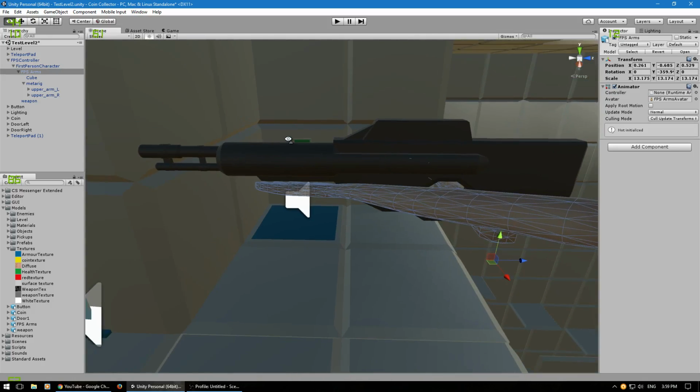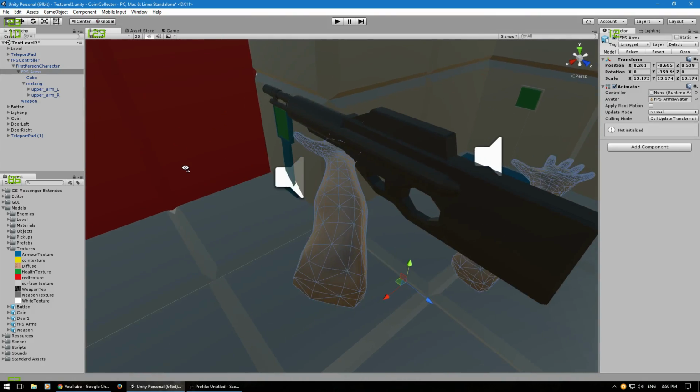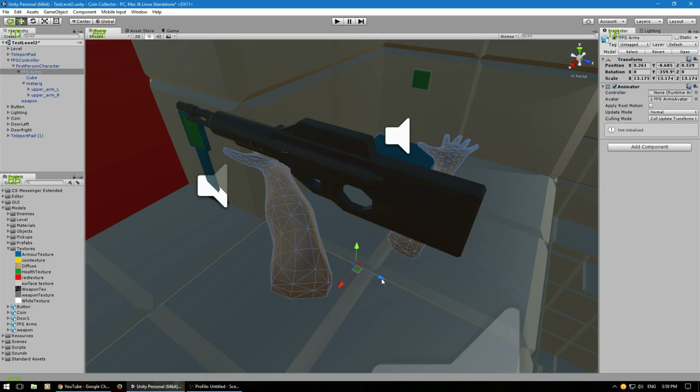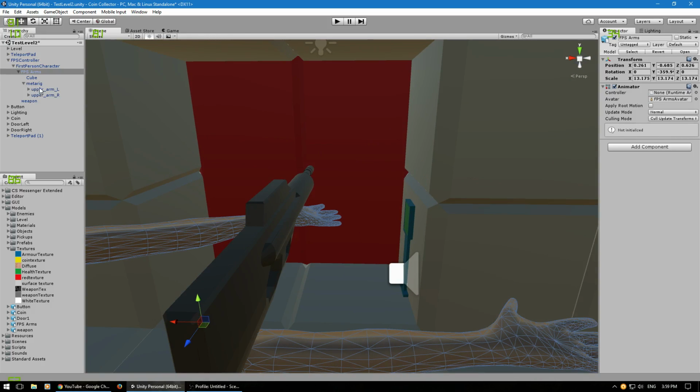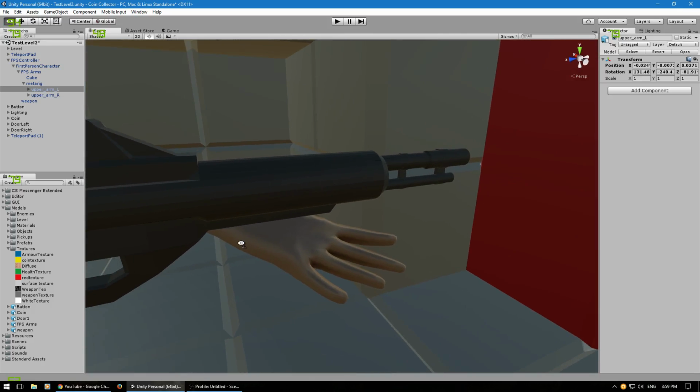No, I just need to put it like that. There we go. Is that colliding any? It is. There we go. Now if I just choose my arm left, and now if I